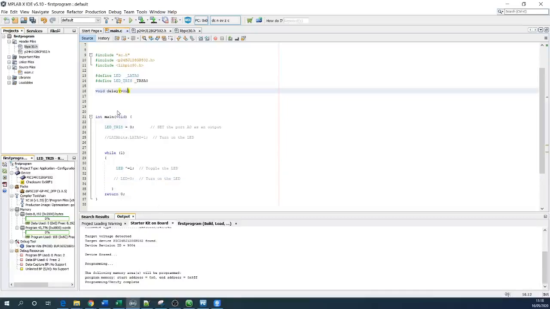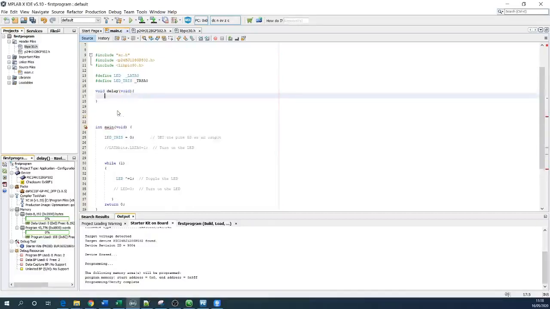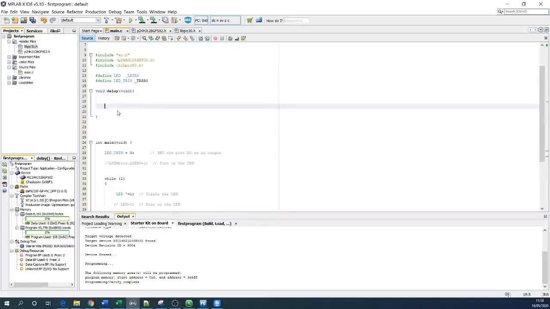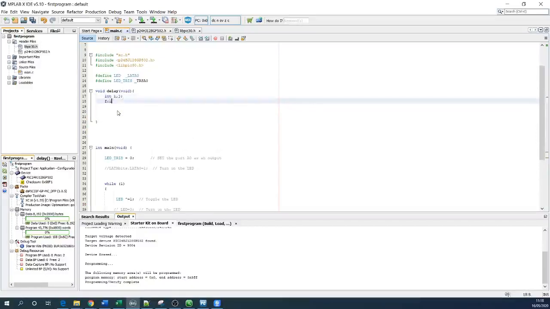Delay void, and then open brackets. So we need to create two variables, i and j, and then with a for loop, which is going to count to a certain point. i, and then greater than i, and this is where it's going to end, and it will continue to the next loop,